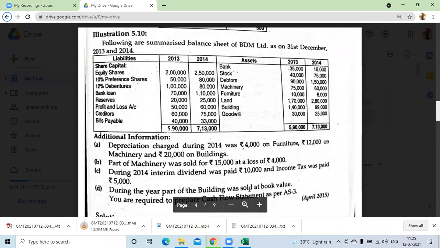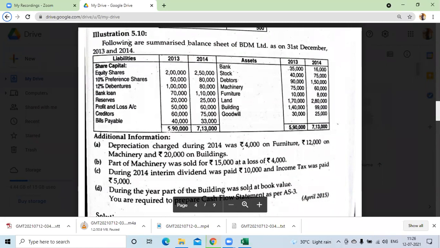It should come on the credit side. Why? Because he says the building is sold. A part of the building is sold, not the whole building, a part. Therefore, balancing figure will naturally reflect on the credit side. Did you understand this much? Yes or no? Yes ma'am. So whatever balancing figure will come, it will be related to sales of the building. Okay. Shall we prepare a ledger account?